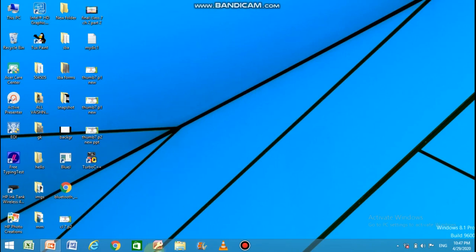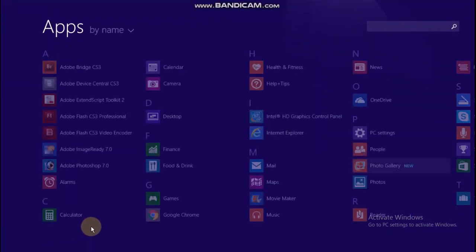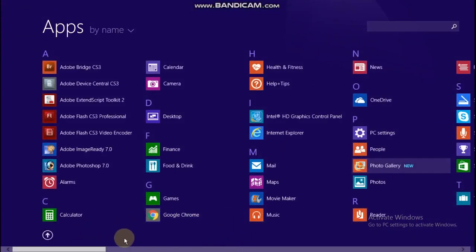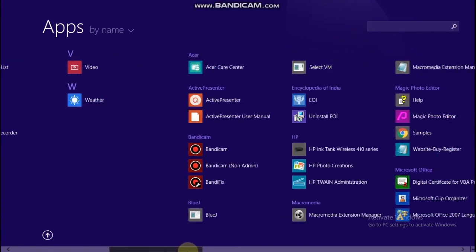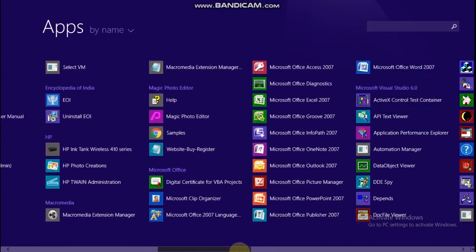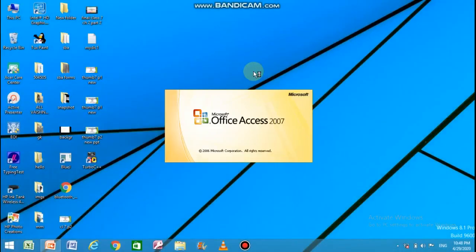So first of all, it is in my taskbar. If you don't have this icon in your taskbar, you can refer to all programs. From there you will get Microsoft Access in the list of applications. Click on that.